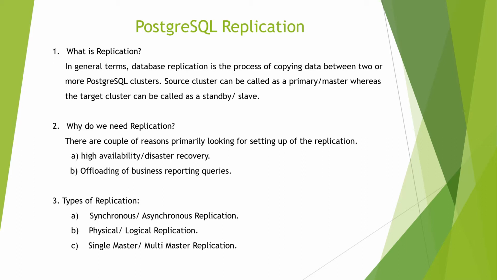High availability or disaster recovery means, in case the primary cluster is not coming up for various reasons, or if the primary cluster server crashes and is not coming up, or the primary data center crashes because of a catastrophic disaster, we will fail over to the secondary site in order to minimize the downtime. Later we can fix the old primary cluster.